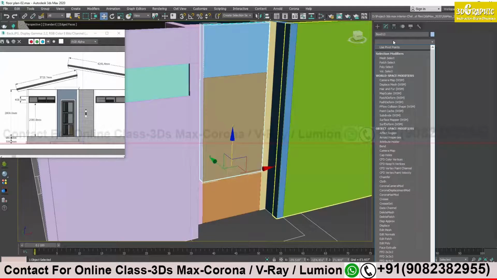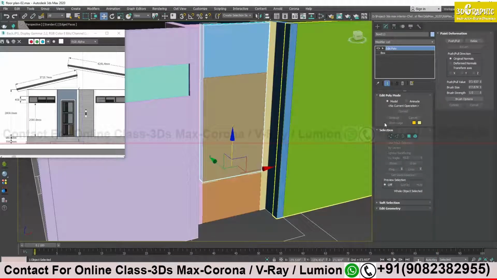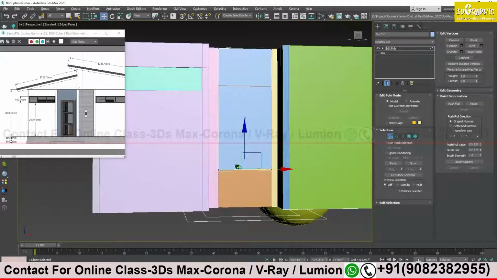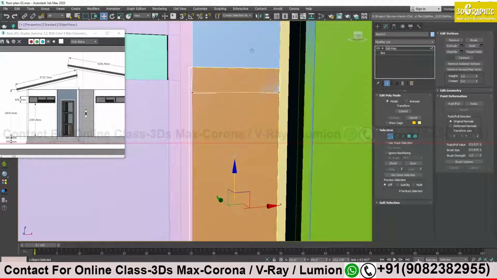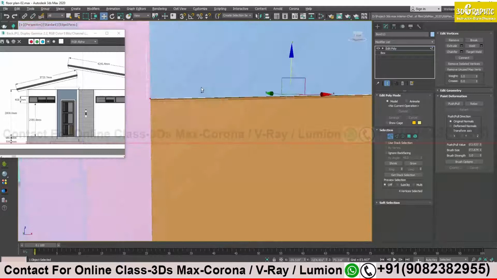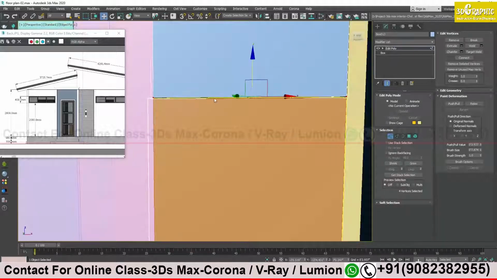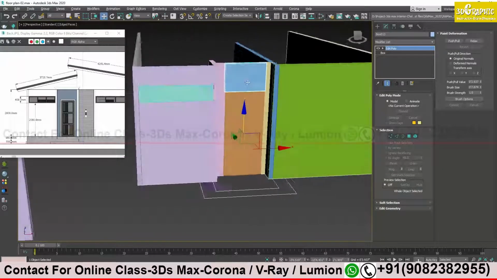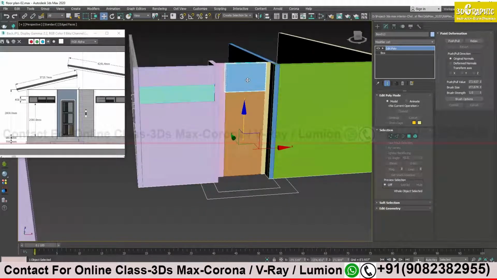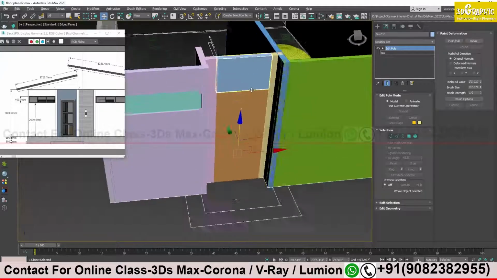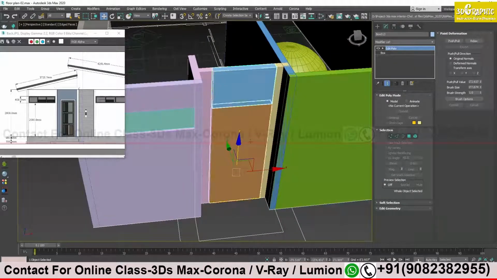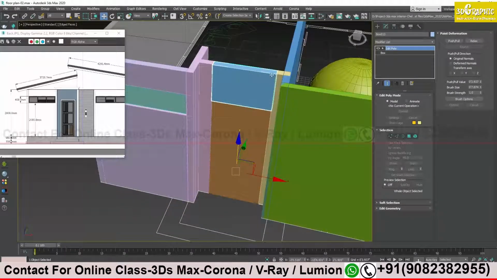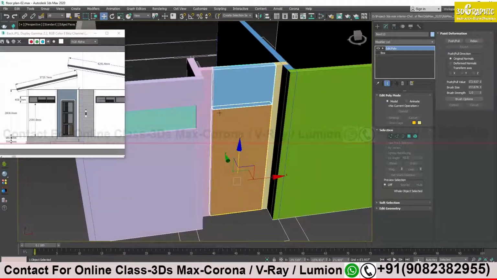I will take 8 level poly, take vertices, select all the vertices, drag it out. If there is a small gap also over here, let it be, it's okay. Normally it has a gap, so that the door can easily open and close. It will create a more natural effect. See, I have only created the box over here, nothing advanced. Just as per my reference image, I have created n number of boxes. Try to do that as well.